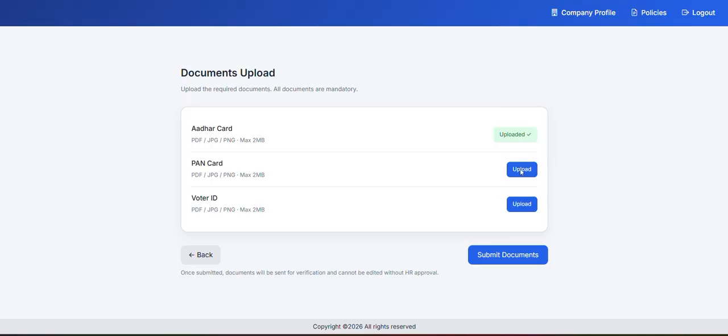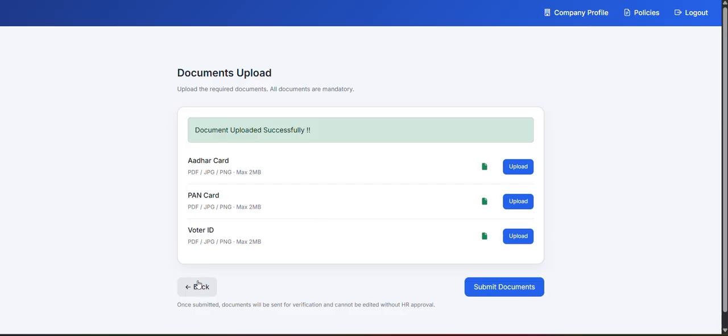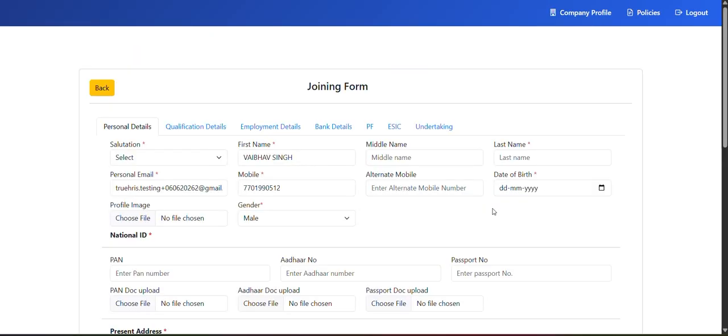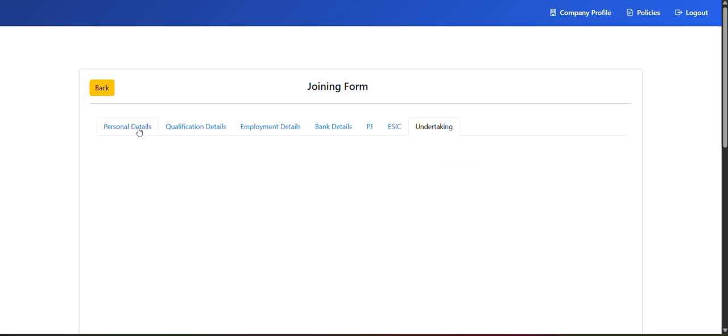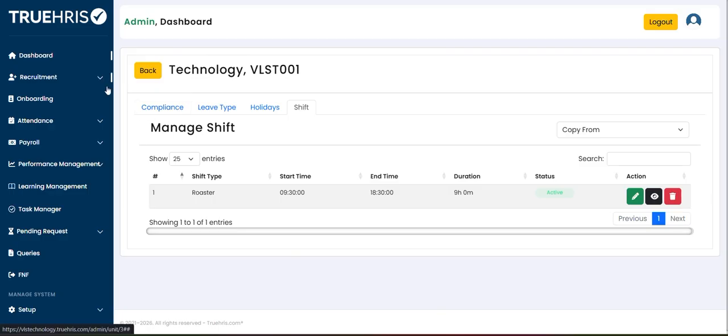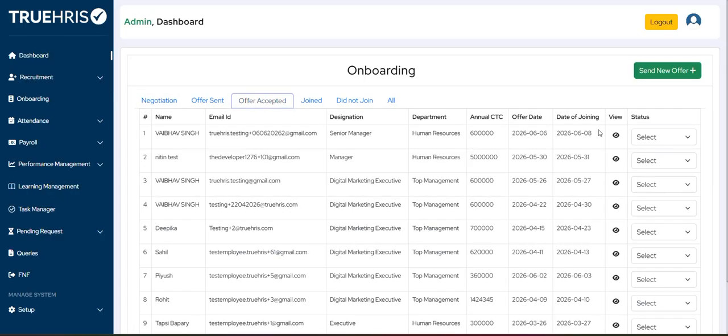It will ask for your Aadhaar, your PAN card, and your voter ID card, and you will submit these documents. Then the joining form which was designed there, this is also customizable, and you can put in all your details. So if you look at the onboarding and go to the offer accepted, you can click on